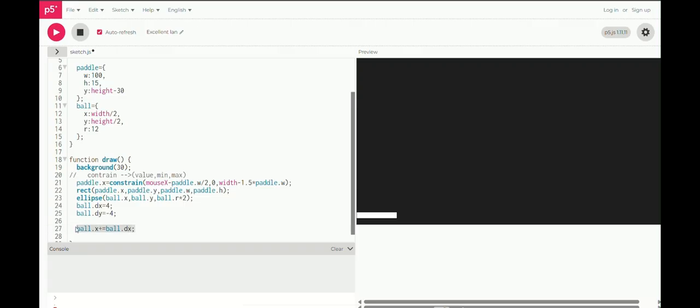Now same for the y-axis. Okay, it is going. Now you can see, but we need to have the collisions. Now we created the move, so the ball will move. How is it going to move? We are going to add the distance to it every time. We can see that. Now what we need to have